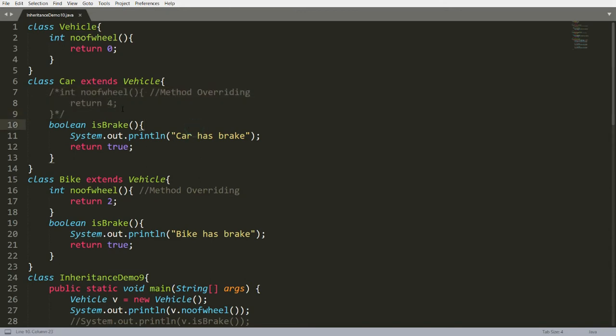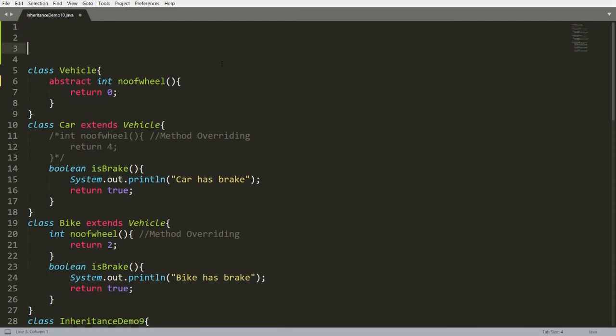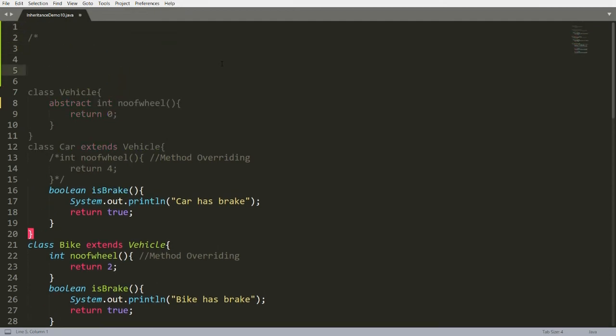In this situation, if you want to make something compulsory for your child, then you can declare your function as abstract. And let me mention here some rules for the abstract class. Abstract methods do not have a body. It means you cannot write the curly braces over here in the abstract method.